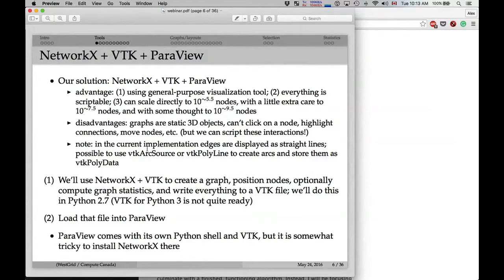So talk to me if you have that problem, and I can help you. The main disadvantage of this approach is that ParaView and VTK were not designed from scratch to handle graphs or networks. Your visualizations will be kind of static in 3D. You can certainly zoom in and out, you can spin it around, you can color the nodes by various attributes. But you cannot, for example, click on a node and highlight its connections. For that, you would need a dedicated